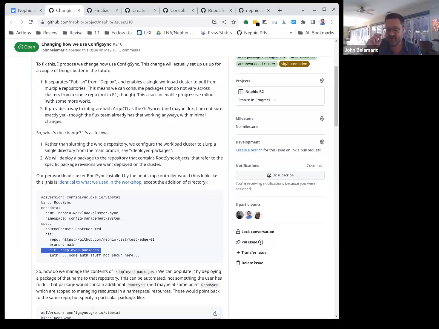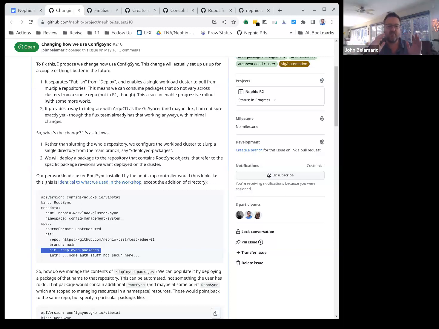The big problem with this, or the big concern from my point of view, is when you just look at everything that's in main, it's actually not necessarily what's deployed on the cluster. What's deployed on the cluster is pulled from individual tags for each package based upon what's in the deployed packages list.